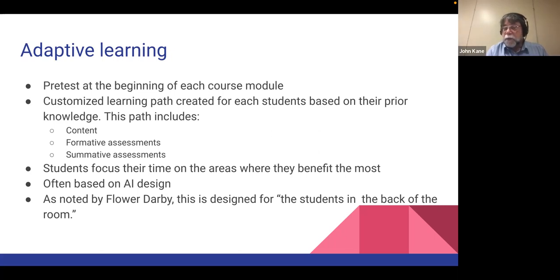It basically provides a way of equalizing backgrounds in ways that traditional lecture classes generally would not, because if we use a lecture approach to teaching materials, it's essentially a one-size-fits-all approach, so that everyone is expected to march through the course in the same way, in the same process, with the same needs. And that does not characterize our students very well. And this is a way where students who don't come in with as much knowledge will have to do more work, but it provides them the opportunity for that work to allow them to be more successful.